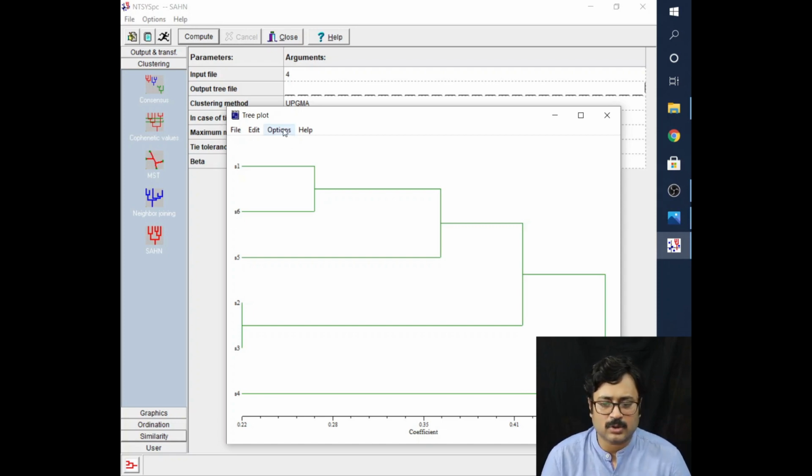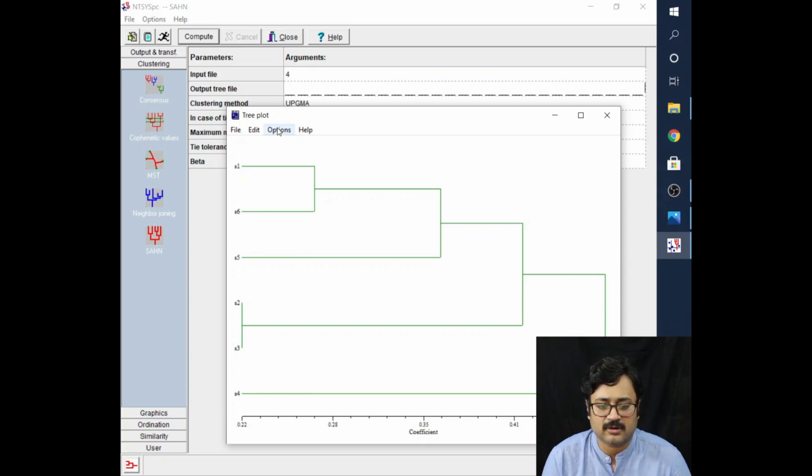There is one more thing: as you can see in this particular tree, the tree starts from this side, and the species names are given on this side. But if you want, you can move it the other way around, that is, show the names of the varieties on this side and start the phylogenetic tree from this side.